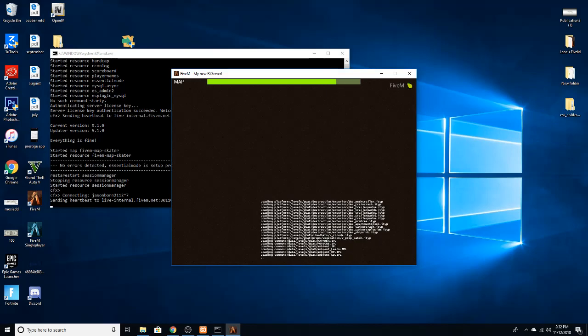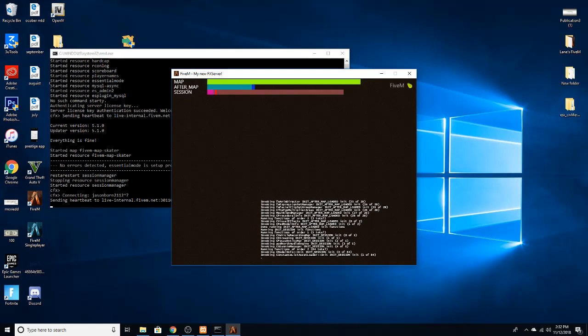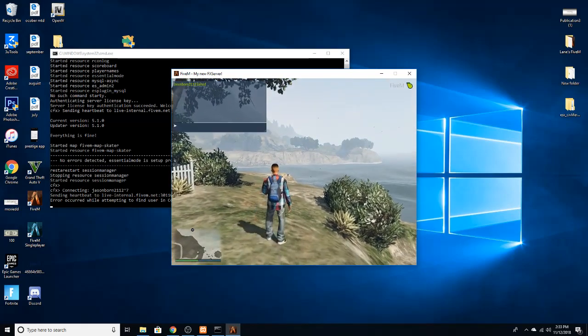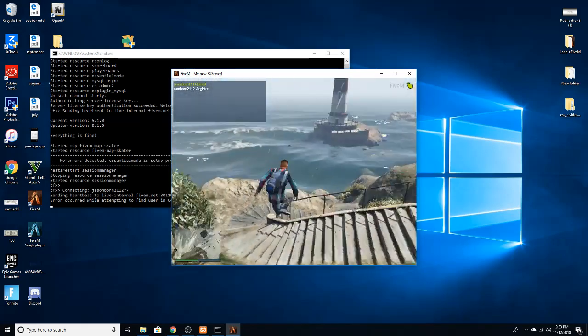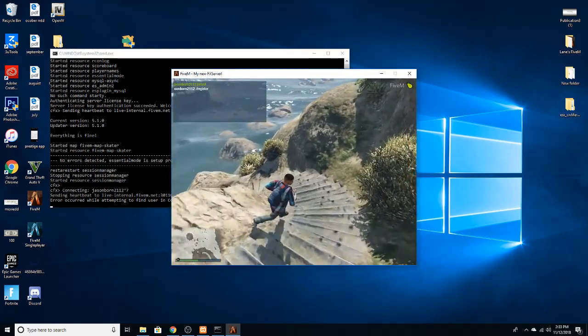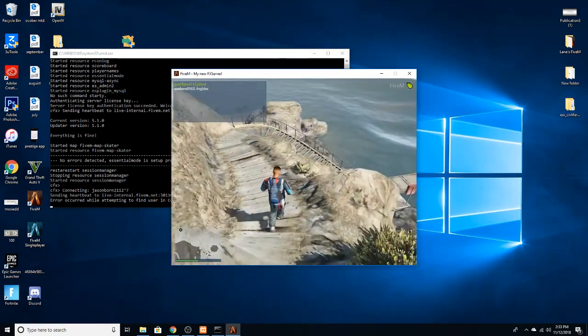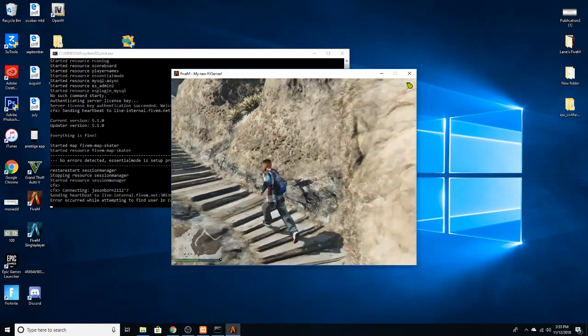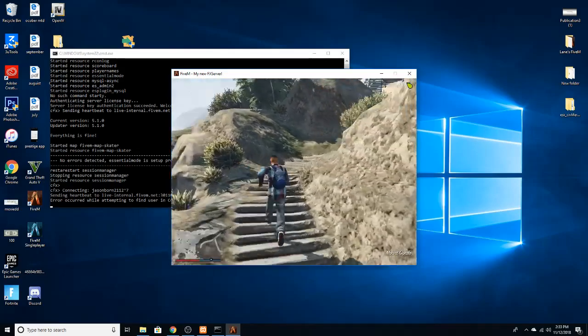It's going to take a while. See? It's starting to load, everything's loading. And then once it's done, you're going to get in. Keep going and going. And once you're in, it's going to be like this, okay? Because to get the actual money working, you're going to need ESX identity and data store. Those you'll watch my next video on how to do, but let me just show you one thing, how to set up ESX